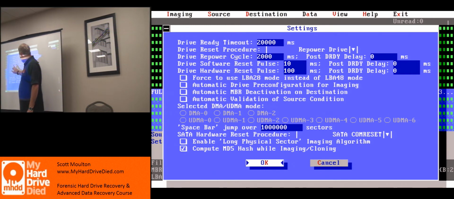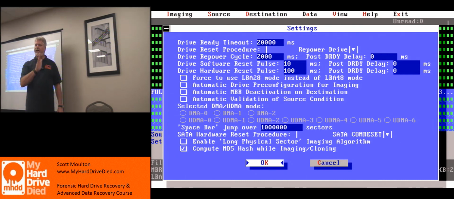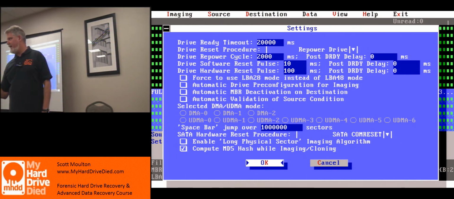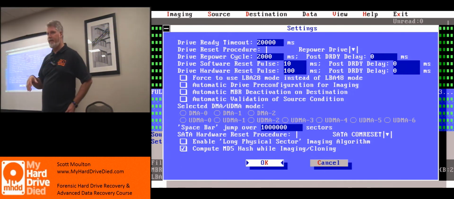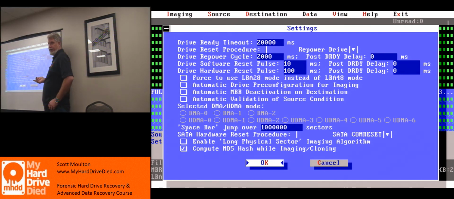But right here, force LBA 28-bit mode instead of 48-bit mode. So as we got newer hard drives and we went past ATA2, we got 200 gig drives. It can no longer work in LBA 28-bit mode. So they upgraded it to it's really 64 bits, and then they took 16 bits of reserve space. So that's why you ended up with LBA 48-bit. Okay? So that's what ended up happening, is it stole some of those for reserve flags, and then 48 bits is now our current usable standard.